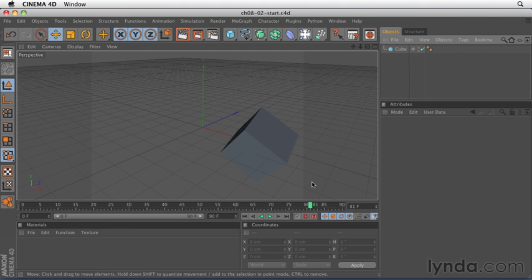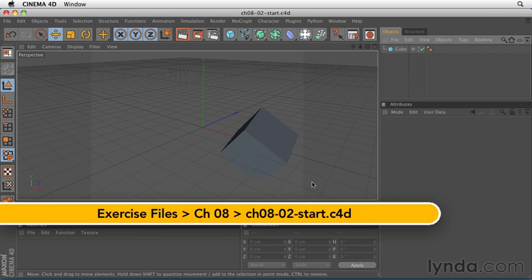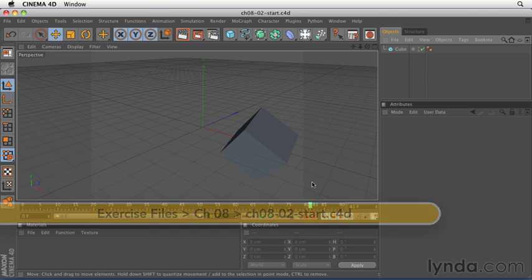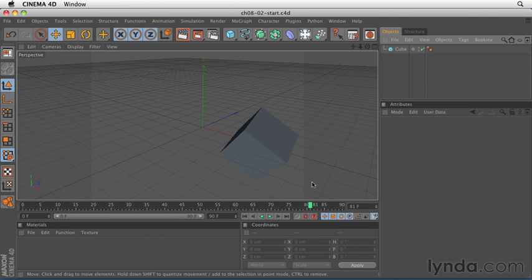A keyframe is a recorded parameter at a particular moment in time. The timeline is the physical representation of those keyframes and where you manipulate and control your animation. Now I've got a basic scene file open here with a cube animating from the positive x-axis to the negative